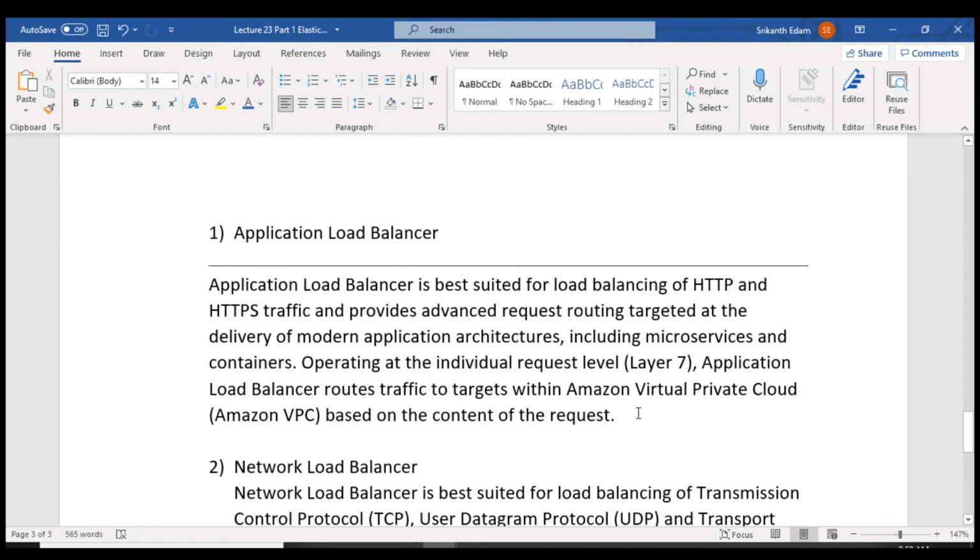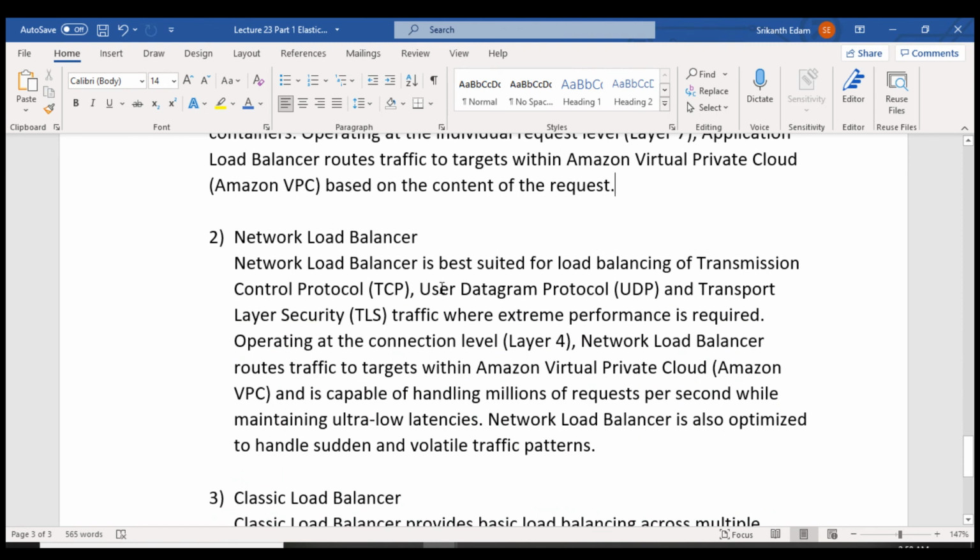So whenever we configure application load balancer in VPC, this application load balancer works on layer 7, gets the HTTP and HTTPS incoming traffic, and this traffic will be forwarded to the target EC2 instances. This is what is explained here.